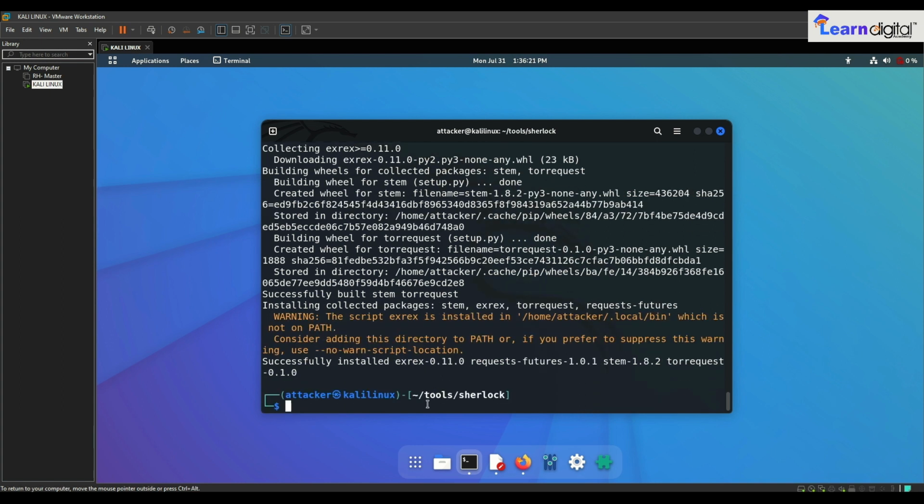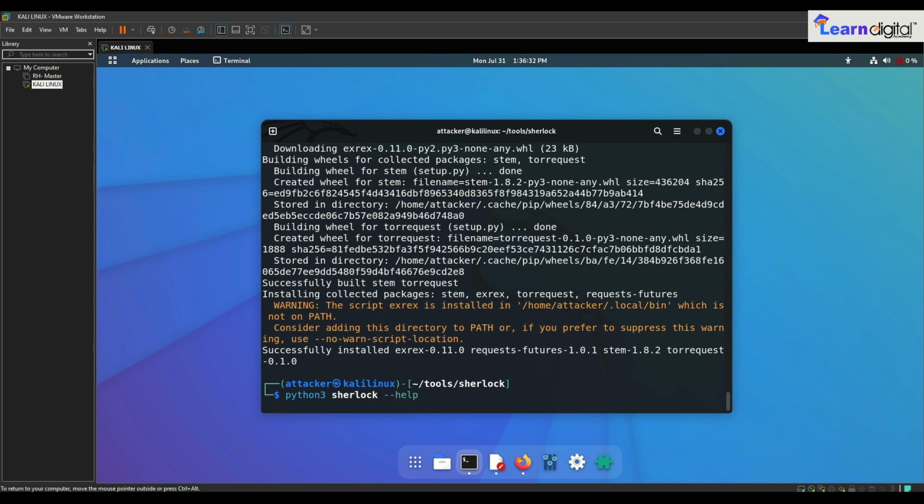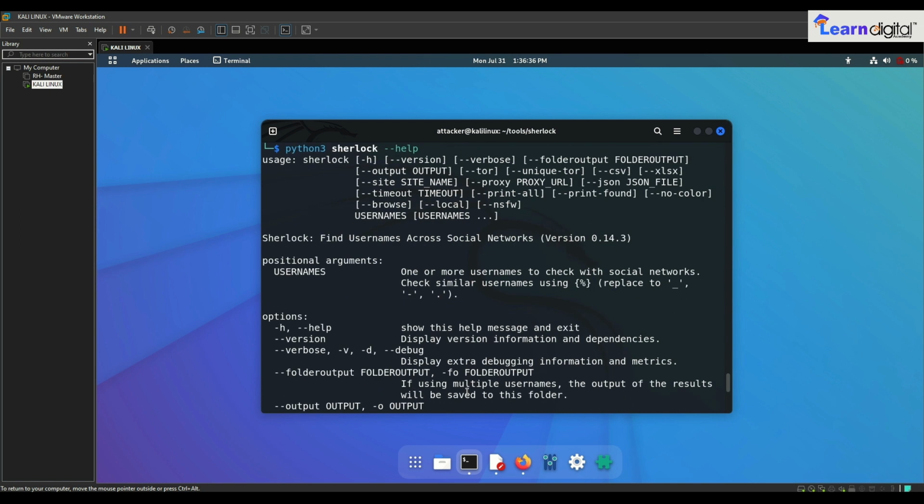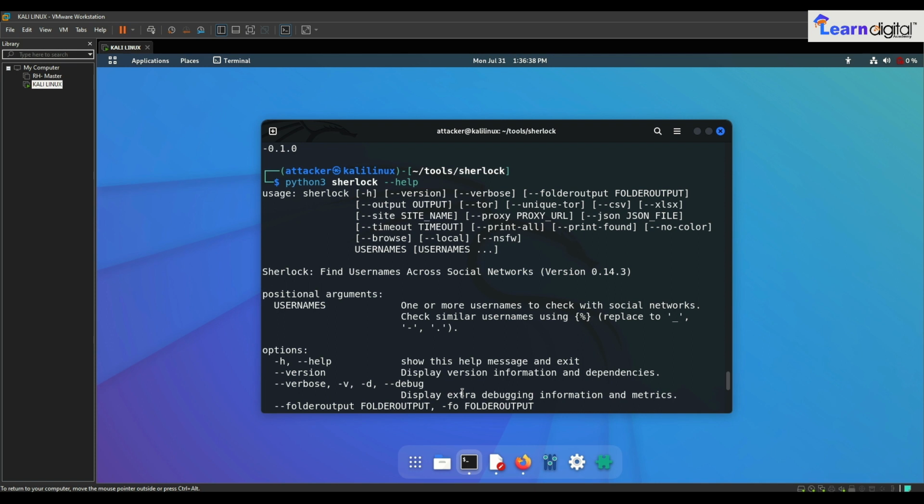So now everything is fine. So let me just check python3 Sherlock -help. Okay, so now you got the help from the Sherlock commands. Fine, very good. So now what we can do,